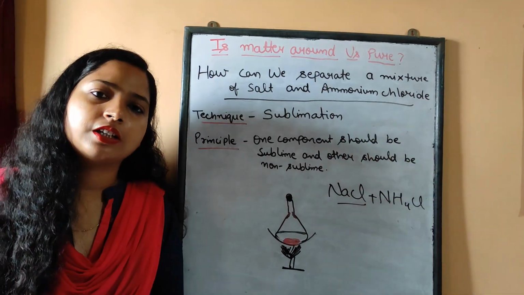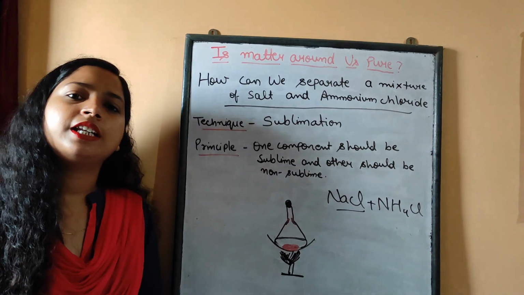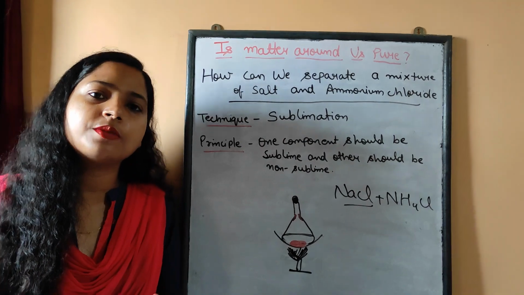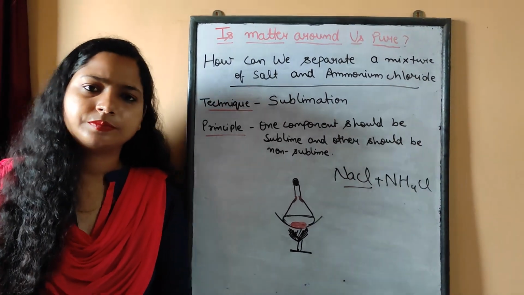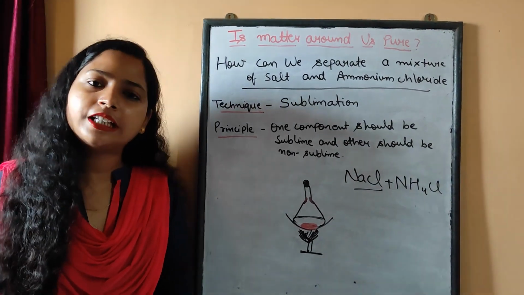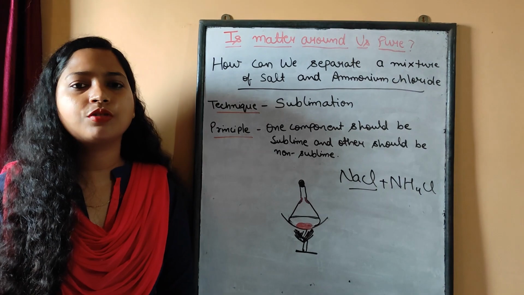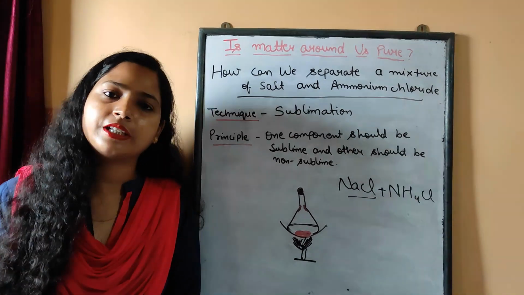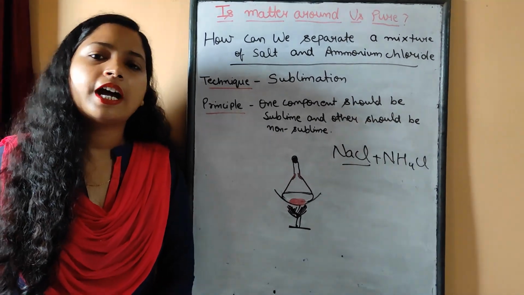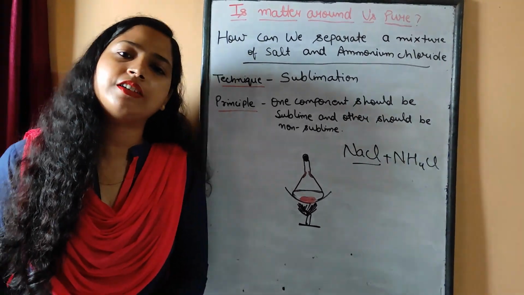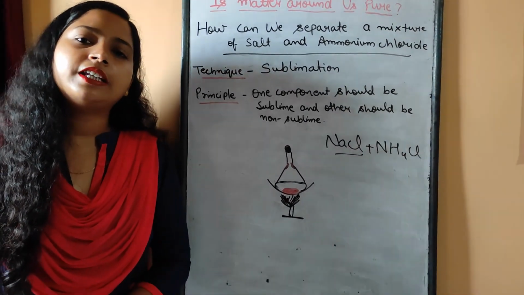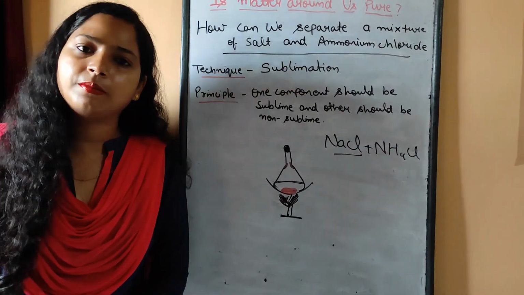Now what is sublimation? In chapter 1, that is Matter in Our Surroundings, we had read about the sublimation technique. What is this sublimation? Sublimation is the conversion of a solid material directly to the gaseous state without going to the liquid state, with an increase in temperature. And already in that chapter, I had explained that some of the materials in our surroundings are sublime materials. So, only the sublime material has the tendency to perform sublimation.